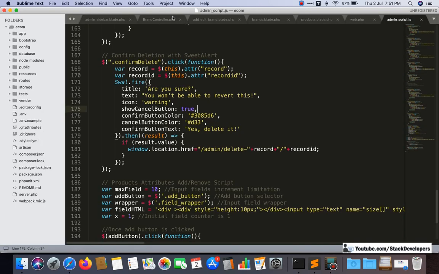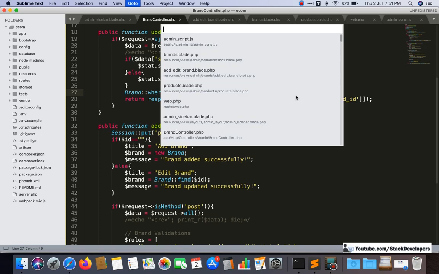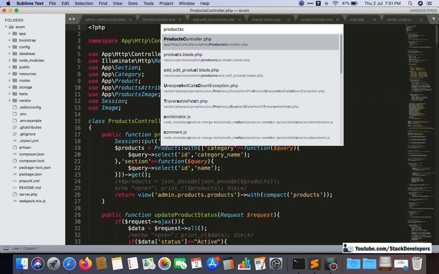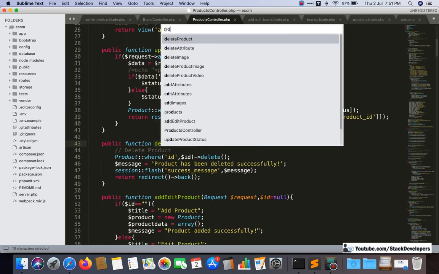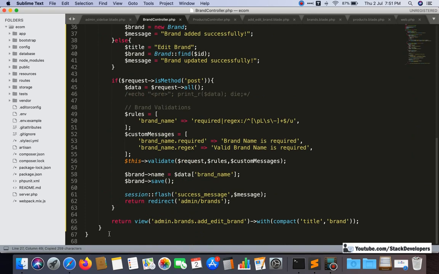But one function we require, the delete brand function, is required at least. We need to add that in a similar way as in the products controller. There we have added delete product, so we require this for delete brand as well. So a similar function we are going to add here for deleting the brand.